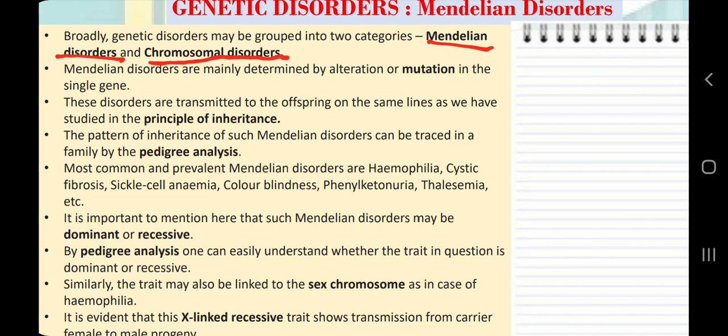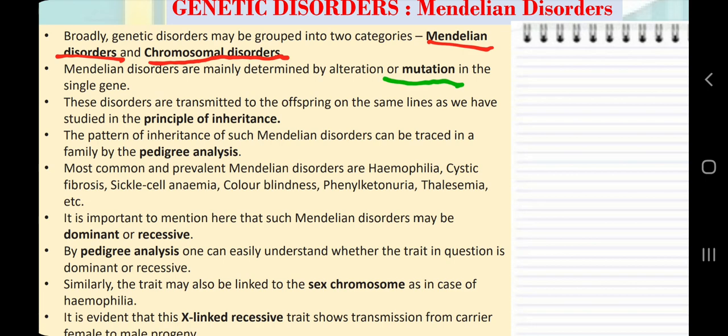Mendelian disorders are mainly determined by the alteration or mutation in a single gene. We learned about mutation in my previous video. What is mutation? A change in the sequence of DNA, and we know that a gene is a segment of DNA. These disorders are transmitted to the offspring on the same lines as we have studied in the principles of inheritance. It means human inheritance also follows the laws of inheritance as given by Mendel. But yes, the approach of studying human genetics is somewhat different, because we study pedigree charts. It means recorded history, not performing experiments as we did in the case of pea plant and